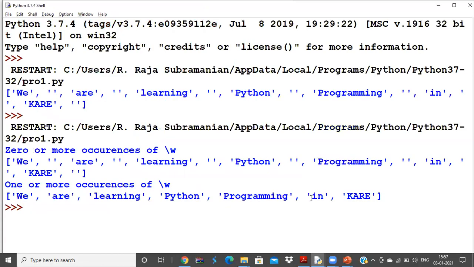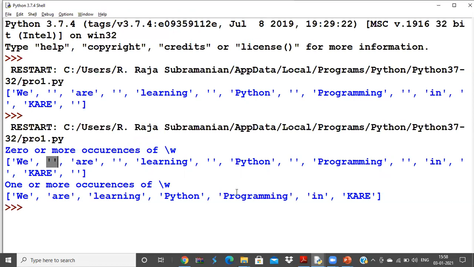See here, in the zero or more occurrences of \w, you get an empty string for the space. Actually, space does not belong to \w. It gives the number of matching characters, and when it sees a space character, it is 0. Even though there is no match, it takes that because zero or more occurrences is considered by star. But when coming to plus, it will not consider the zero matching. It considers at least one matching, that is one or more. So when it sees a space character, it gives 0 matching, so it will not consider it. So spaces are not considered here.